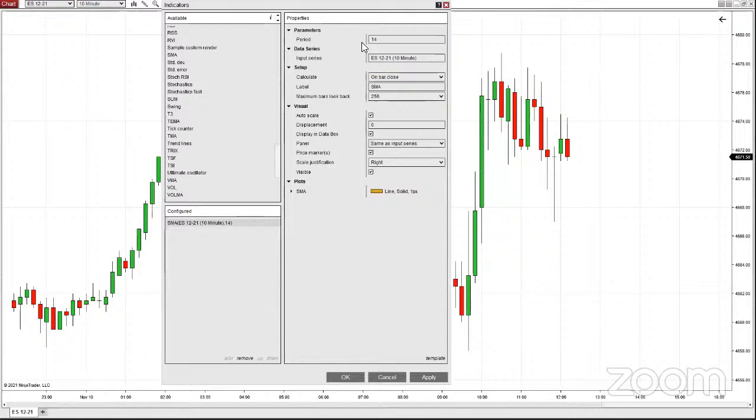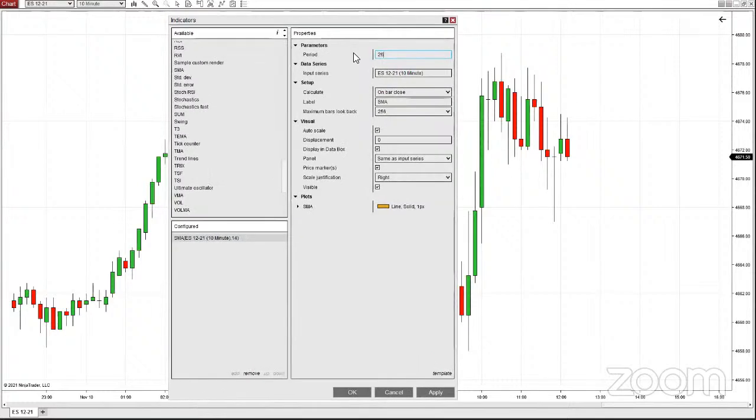And what I'm going to do is create a slow moving average, and I'll explain what that means in a second. Period, I'm going to make it 26. This is my preferred slow moving average for a 10-minute chart. And then set up, calculate on each tick. So every time the price changes, each tick, you can see on the right-hand side where the price is moving around, and it ticks up a quarter point, down a quarter point, which is the smallest price increment, and it'll calculate this moving average on the fly in real time.